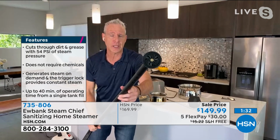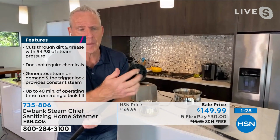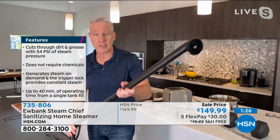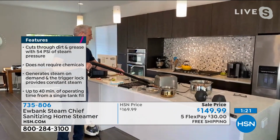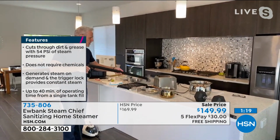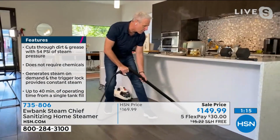This is that turbo brush I was telling you about. When you fire this up, the 54 PSI makes this thing spin. This is like nothing else you've ever seen. So I'm gonna give you an example of this. You would use this in the shower, on the grout. You could do it in the sink just to get this going. But this thing spins and I can get into the nooks and crannies. It's pretty loud, but